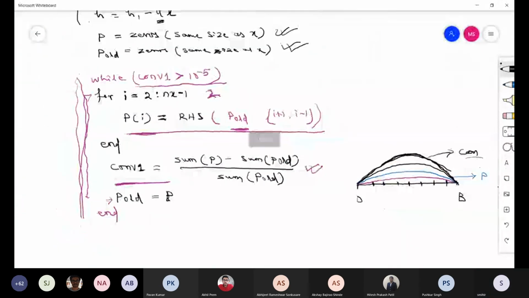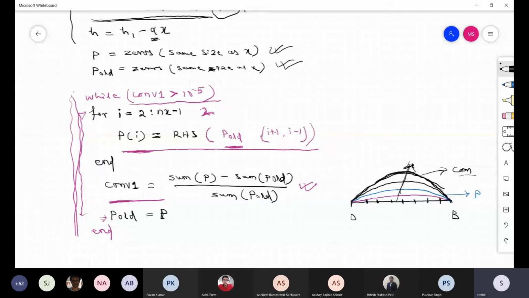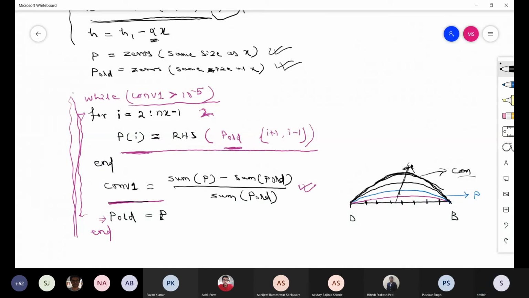Okay. So any doubt? So this will go on increasing this way. These are the iterations, the number of iterations. It is going higher, starting from 0 for all pressures. So we utilize the previous iterated pressure to find the new pressure. So go on iterating. At some point, automatically this convergence value will be less than 10 to the minus 5, and it will come out of the loop. So any doubt?